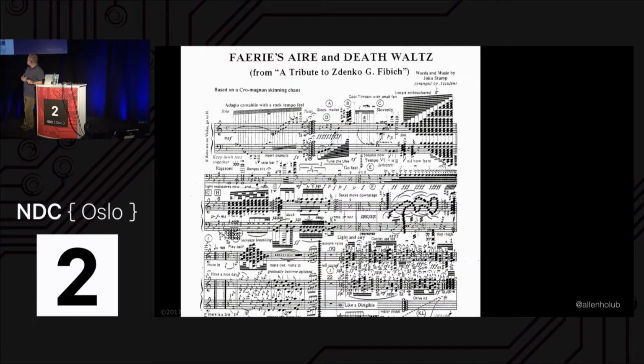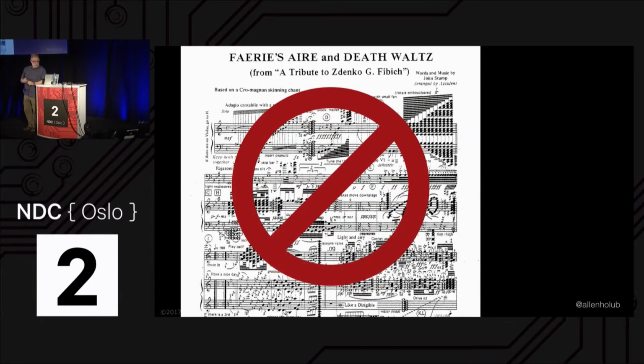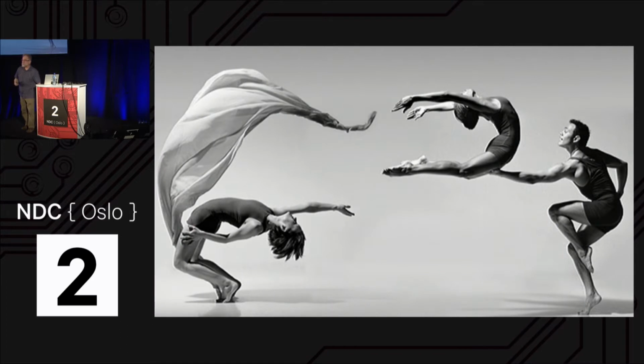I also really don't like the notion of orchestration. The idea of orchestration is that somebody from outside is telling the services how to work. And again, if that's happening, your services are not independent of each other anymore. They're not independently deployable anymore. My services typically run as standalone processes, and nobody is telling them what to do. So I don't like orchestration either. What we should be doing is what's called choreography, where the individual players, the individual dancers, are paying attention to the dancers around them. They're all following a general theme, but it's not like an orchestration system where they're behaving to the note in order to do whatever is on the score.